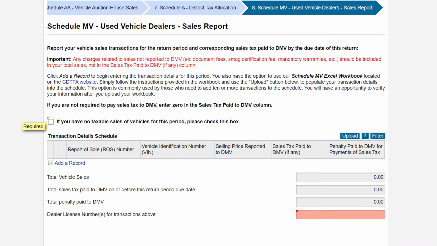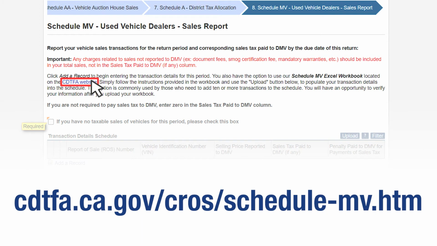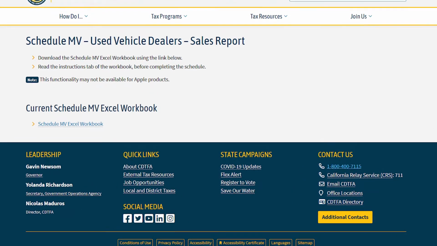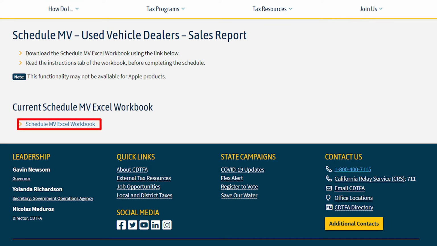You may also upload your transaction details for your taxable retail sales of used vehicles by using the Upload feature. To begin, you will need to obtain the Schedule MV Excel workbook to upload. Click the blue CDTFA website link to download the Schedule MV Excel workbook, or go to cdtfa.ca.gov/schedule-mv.htm. On the Schedule MV Used Vehicle Dealers Sales Report page, select the Schedule MV Excel workbook link to download the